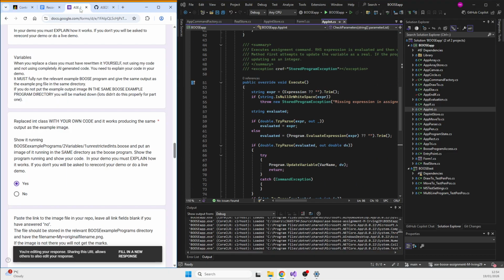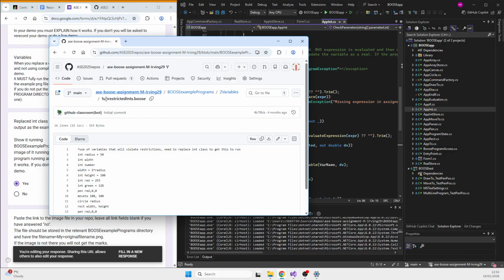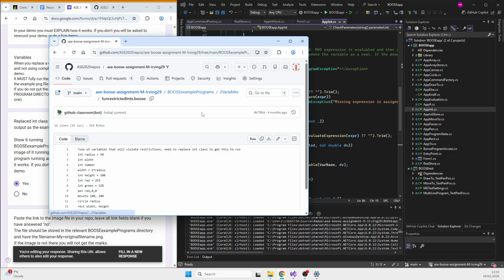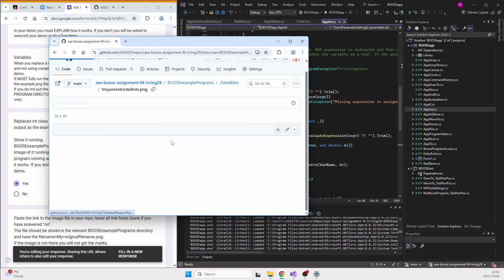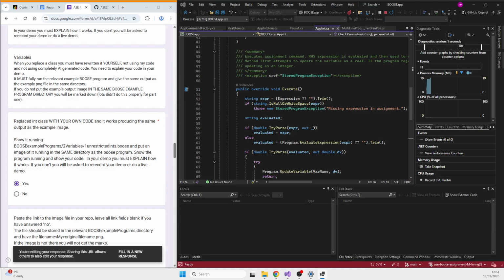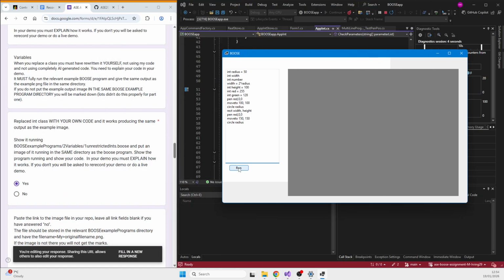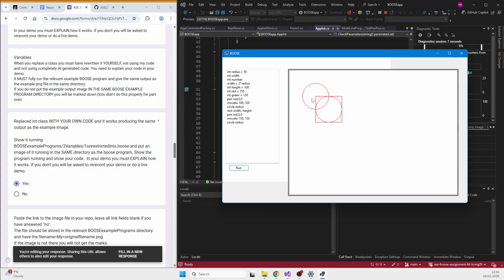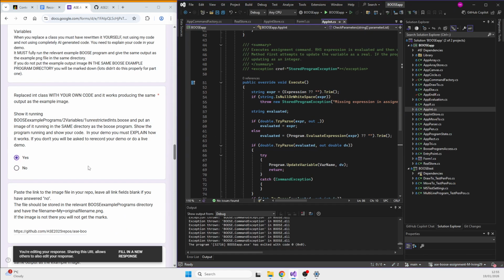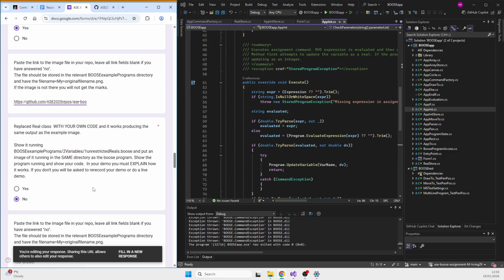And the code. I will show it running. I do have this in here. I don't know if you can see. There it is, my unrestricted ints PNG, just to make sure. But I will run the code anyway. There you go. Same one. Standard. So I've clicked yes for that, understandably, and there is the link.